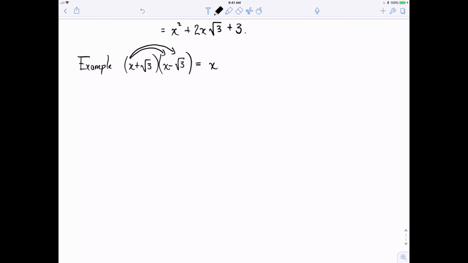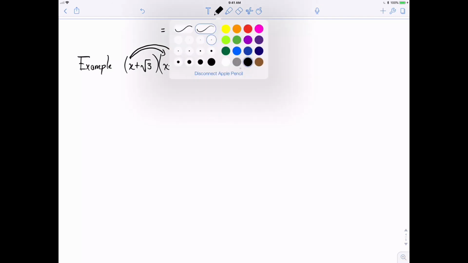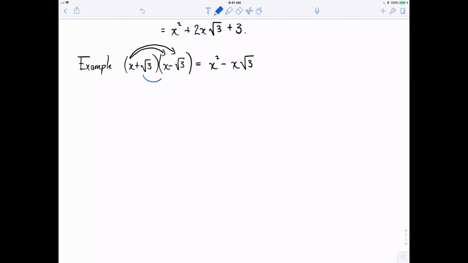So I write x times x is x squared minus x times the square root of 3. Then I distribute the square root of 3 through the second set of parentheses. So I get plus x square root of 3 minus the square root of 3 times itself,